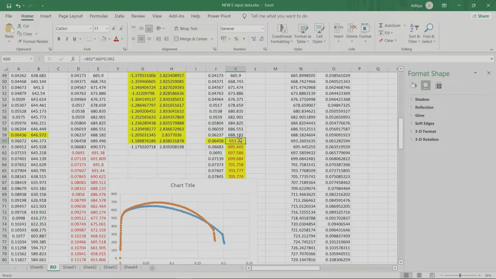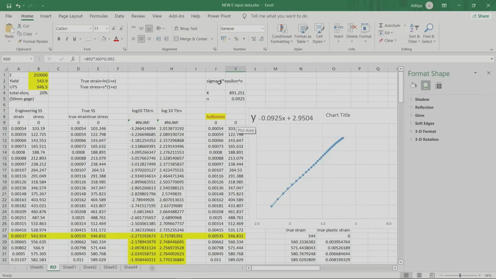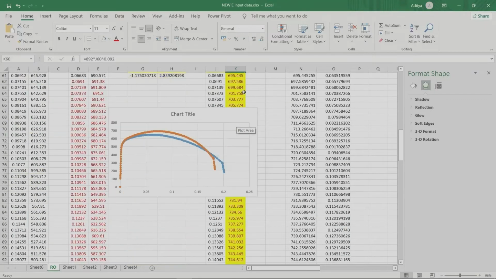And after the ultimate strength, you are going to apply this flow rule. So the flow rule is sigma equals K multiplied by true strain raised to the power n.